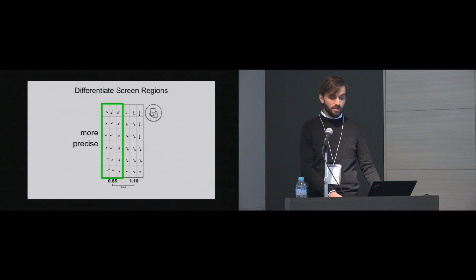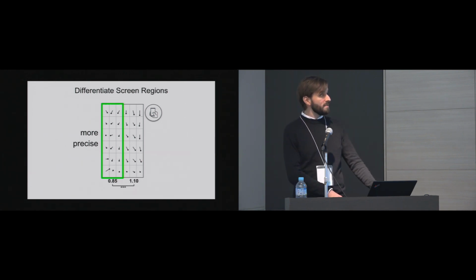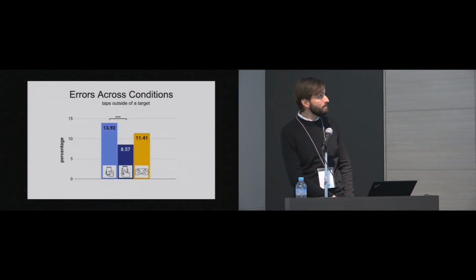And looking at the precision of the one-handed thumb grip in detail, we can see that taps on the left screen half are more precise than on the right, which is surprising because the performance was actually faster on the other screen half. This shows for UI design that it depends on whether precision or performance is more important when making your design decisions. After performance and precision, we now look at errors.